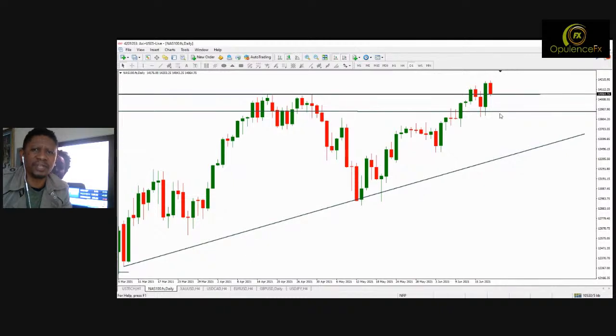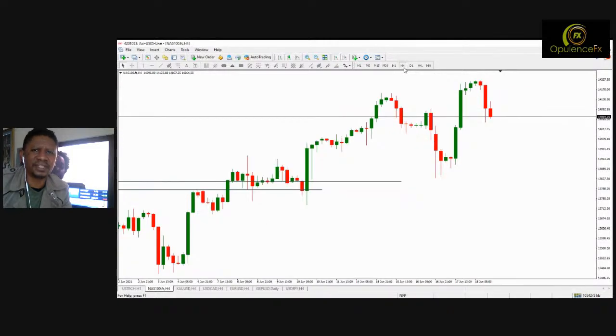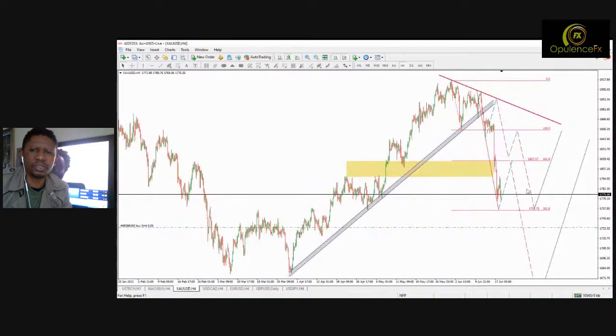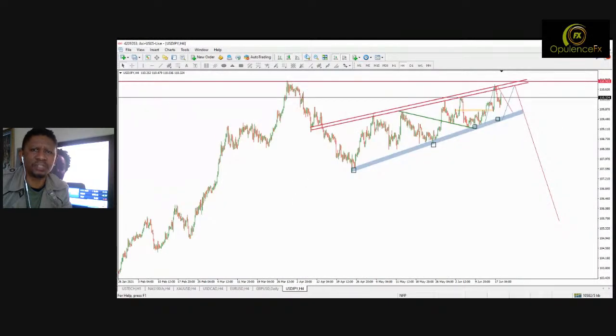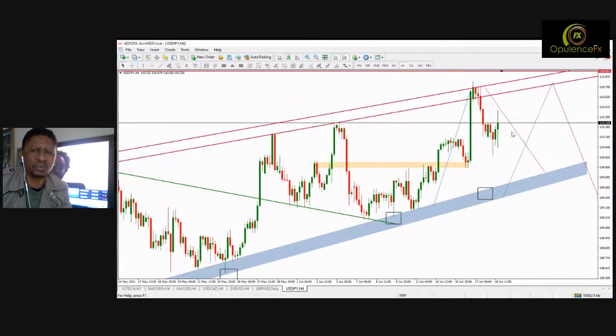So nice hold of the Nasdaq. The Nasdaq is resisting the fall, but can it? Who will help it? That's the question. The gold is holding the support. Who will help it? If the UJ is not sitting well, there's just no way that this price can go. The UJ has got to drop for gold to still go to the upside.